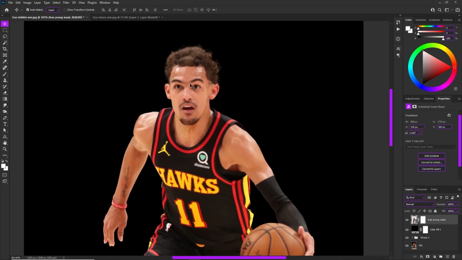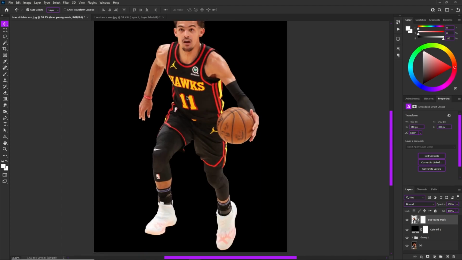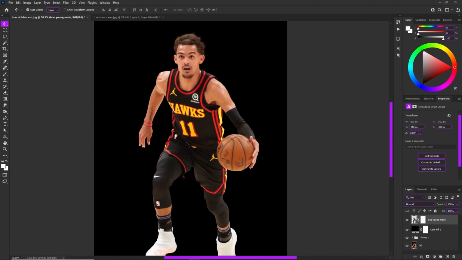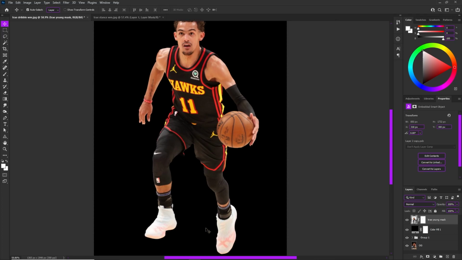Now, secondly, let's just look at what we have here. So I have a mask of Trae Young. He's in a black jersey and he has white shoes too. But I like the white shoes because they have a little bit of color in them, so we'll keep those